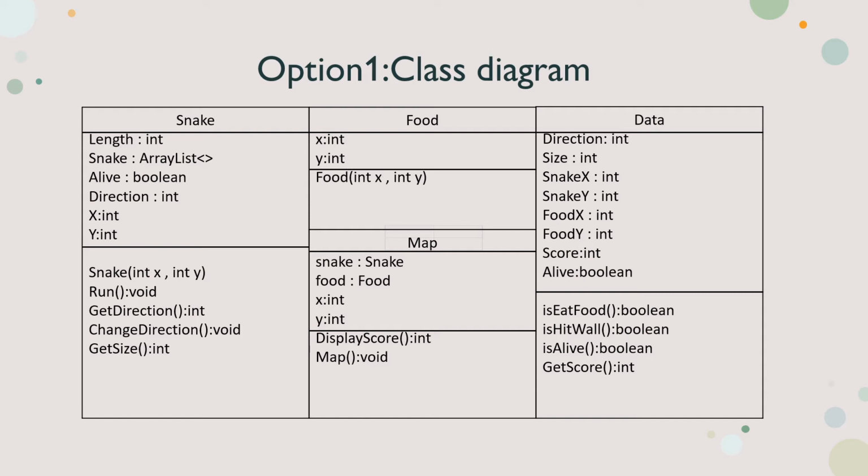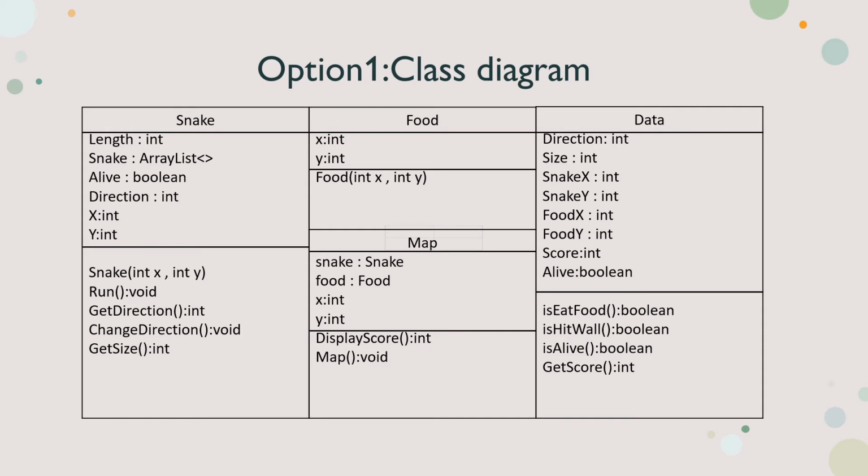For map class, x and y represent the height and width of the map. There are also two kinds of variables, which are snake and food. For the method part, display score shows the current score in the game, and the map method represents the initialization